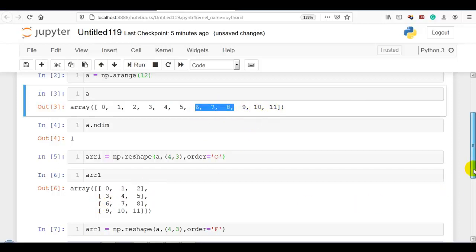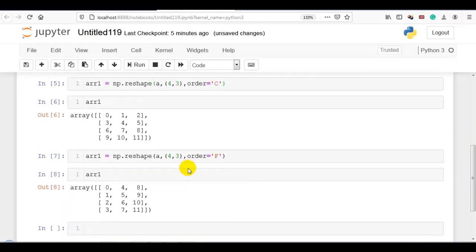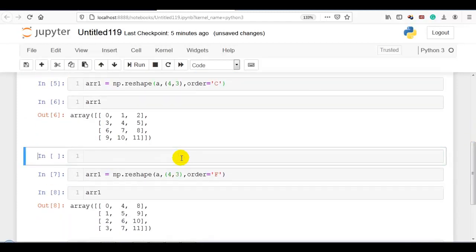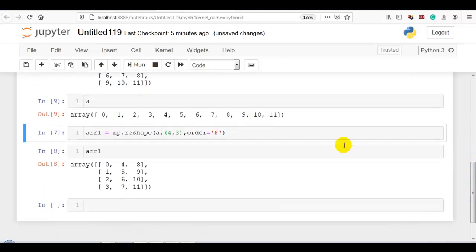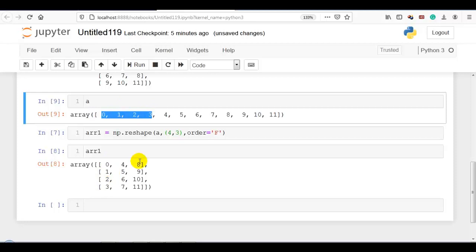Now F, let me show you F. Before that, let me print A. F means column wise. In a 4 cross 3 with F, first it will take 0, 1, 2, 3 column wise, in the first column. Then 4, 5, 6, 7, another column. 8, 9, 10, 11, another column.